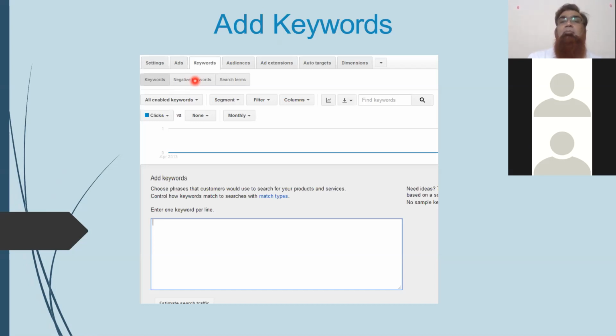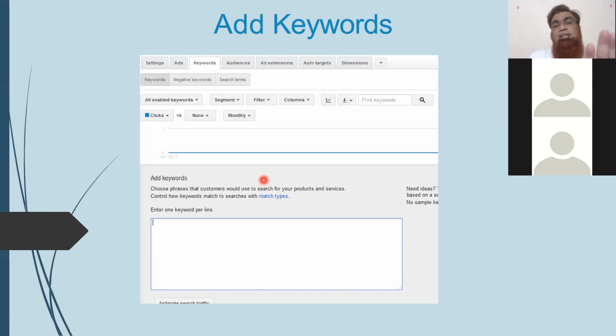If someone is searching for that particular keyword, your ad should not appear. So you can put that and save. If someone searches for a job in a shoe manufacturing company, your ad will not appear. Career opportunity in a shoe manufacturing company, your ad will not appear. Suppliers of shoe manufacturing companies, your ad will not appear, right? So you can do these variations and learn all these things. This is how you can create your ad in dynamic format.